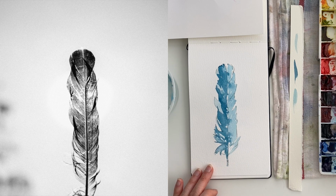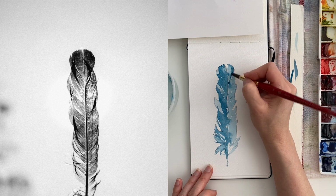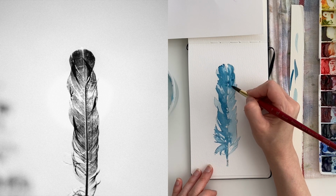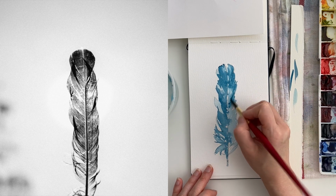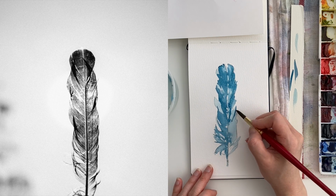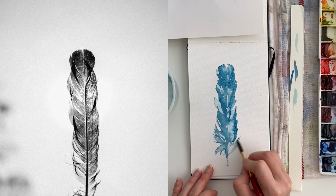And so same idea, now while it's still wet, we want to come in with a darker color. Again, see darker there. And then now I want to come in and add some of the details. And now I'm just looking at the reference photo and looking at where it's a little bit darker, taking a little bit of creative liberty where I feel like it's going to look good if I do this. These edges have a little bit more of a darker area, so just